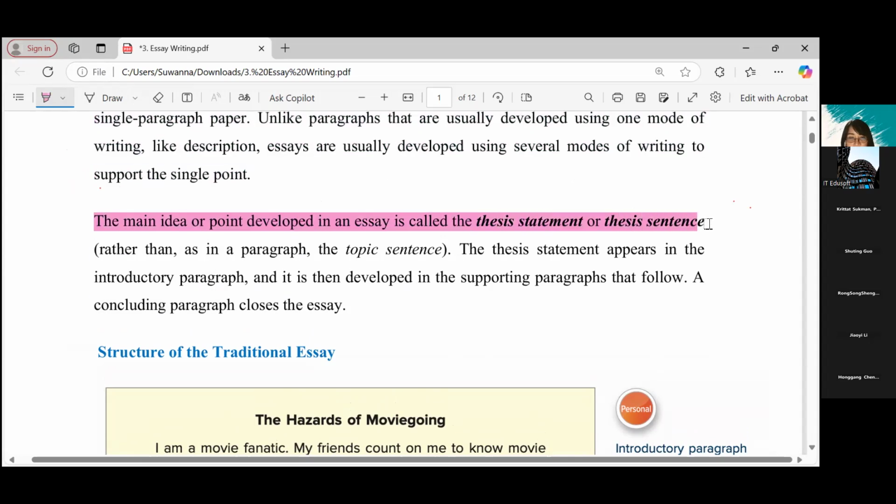Okay, guys, over here. The main idea or main point of your essay is called a thesis statement or thesis sentence. In every essay, you've got to have this one because it's like your central idea. It's like the main point of your entire